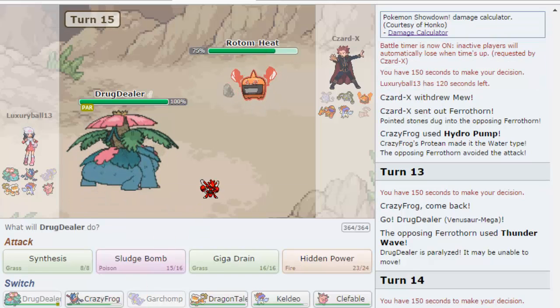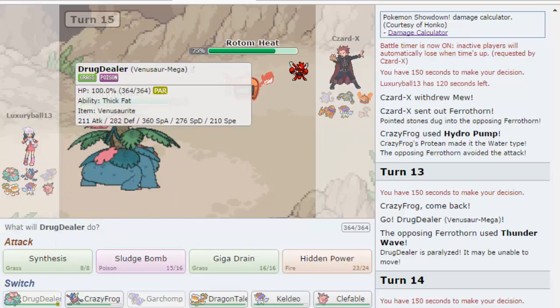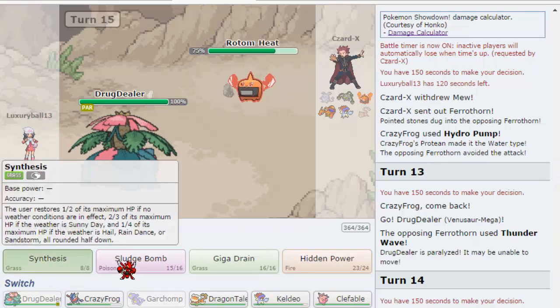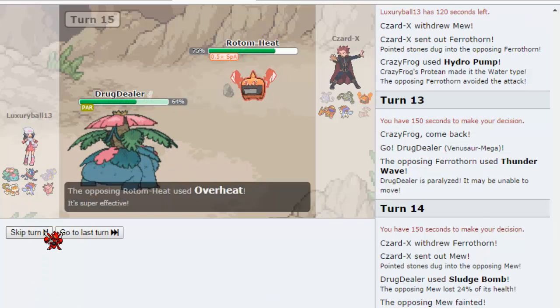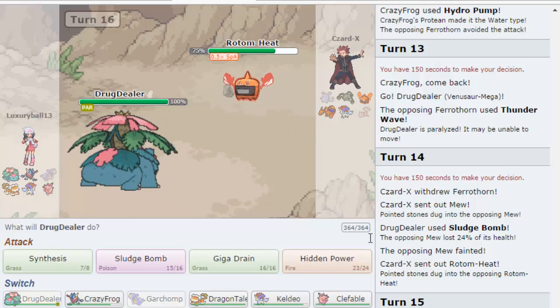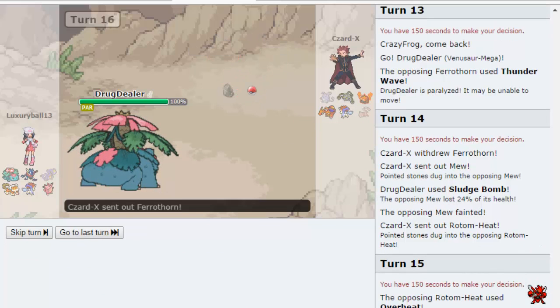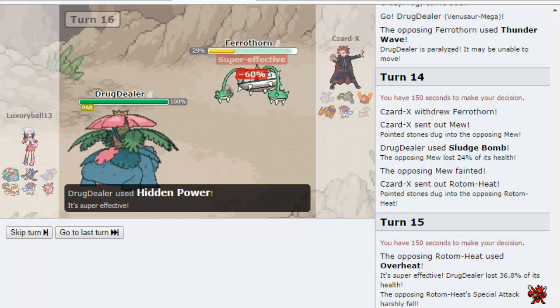I think he might Volt Switch here. My best play would be to go for a Synthesis, I think, just in case he overheats. And yeah, I'm able to eat that up, go for a Synthesis, be back to full. And now I'm thinking that he is gonna go into Ferrothorn, so I'm just gonna HP Fire. I don't see the reason to go for another Overheat after seeing that damage. And he does go into Ferrothorn. I do catch it on the switch,